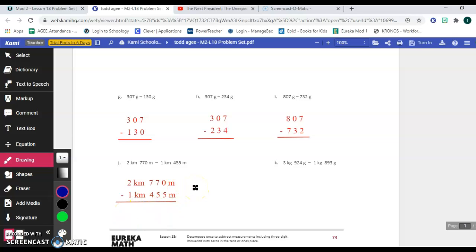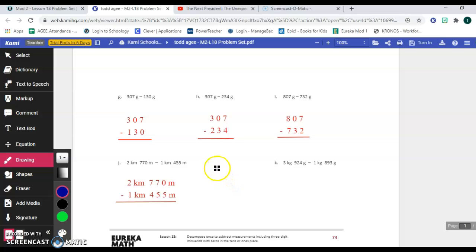are keeping those measurements separate, then you're going to be just fine. Now, in the future, you'll learn how to convert kilometers and meters to just meters, or a certain number of meters to kilometers. But for now, we're just practicing using the standard algorithm to add and subtract, and then we'll